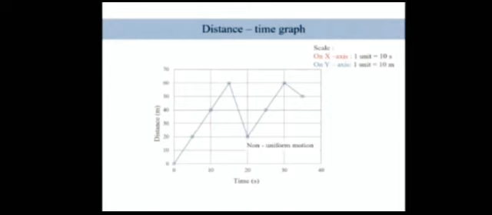Step number 3, always check the starting point of the graph. As you can see, the vehicle started moving from the origin, the line is passing through the origin. That means in the beginning, at the starting point, the vehicle was at rest. The initial velocity of the vehicle was 0 meters per second. We can also calculate the speed of the vehicle just from the graph, which we will see in the next class.